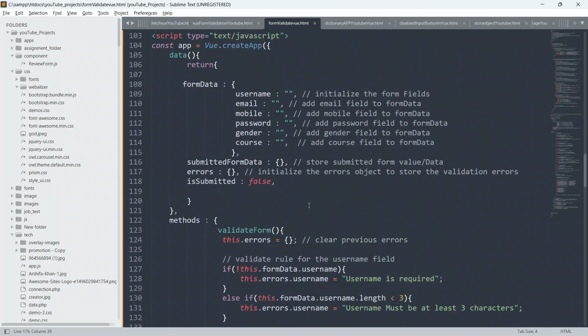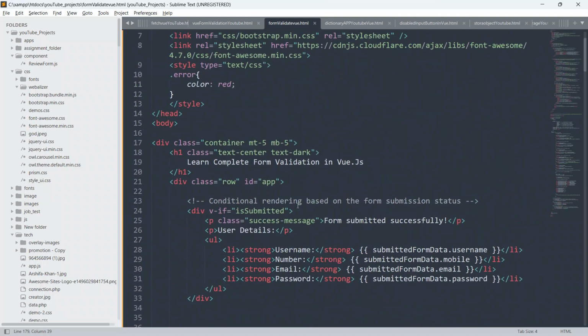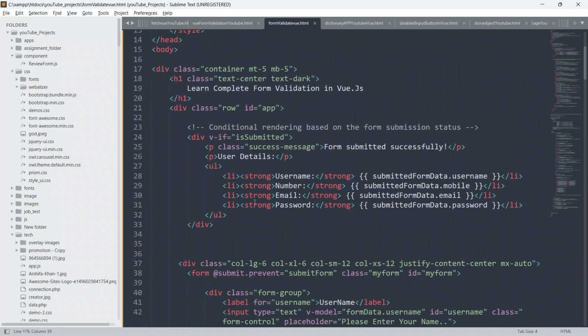So now guys, we will be able to see this section also, because after the form submission isSubmitted has become true. Okay, and now as you can see, I have given conditional rendering based on the form submission status, and I have given here v-if equal to isSubmitted. After the submission of the form, the form is valid, all the details filled in by the user are valid.